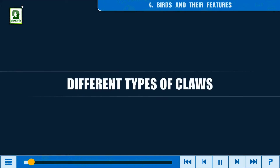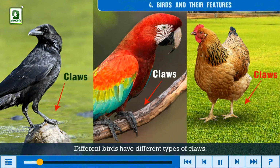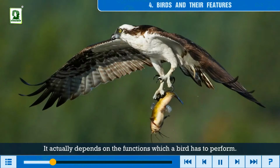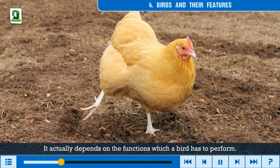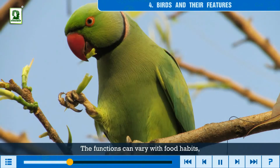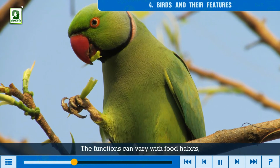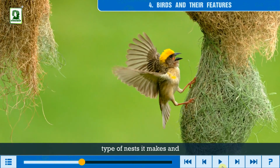Different types of claws. Different birds have different types of claws. It actually depends on the functions which a bird has to perform. The functions can vary with food habits, type of nests it makes, and